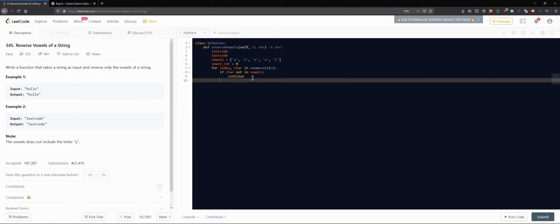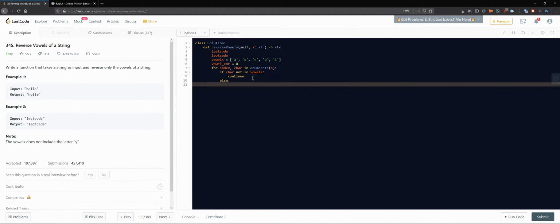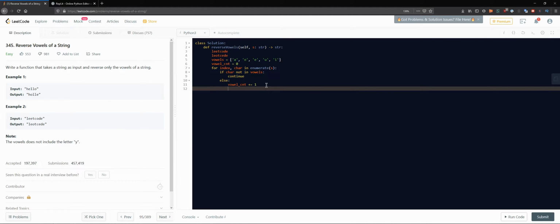Else we are doing, well, you can even write it, else we are doing, we know that we are actually having a vowel, so we do vowel count plus equals 1, so we increase this count. We know we have found a vowel, and we also want to have for reverse vowel in